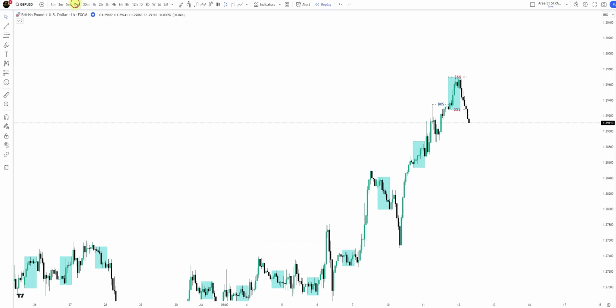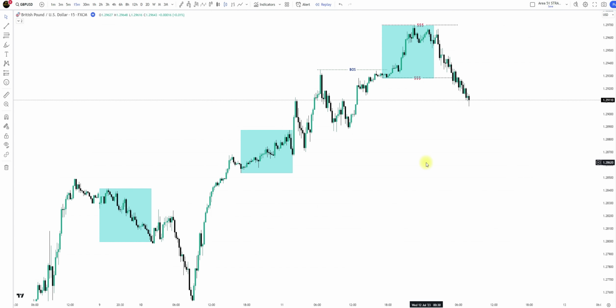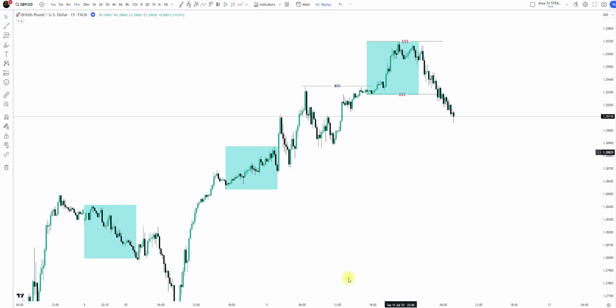All right. So now I went all the way down to the 15-minute time frame. Once I went to the 15-minute time frame, what I'm looking for is a demand zone. So right here, we can see that we have a clear demand zone that broke this structure and then broke this structure at the same time. You can see that this demand here created a ton of breaks. Okay, this demand zone here broke this structure,